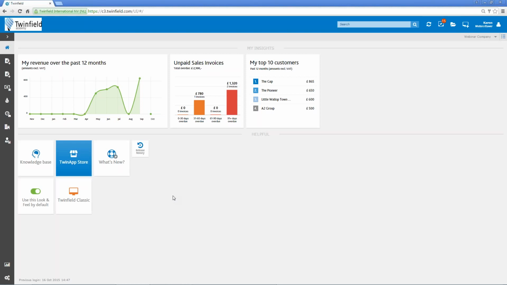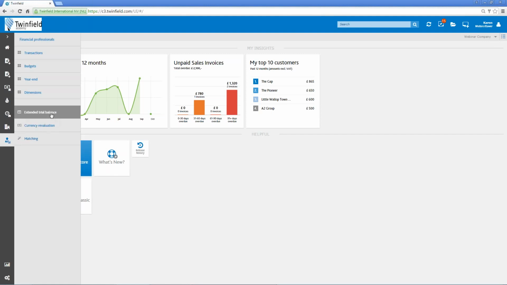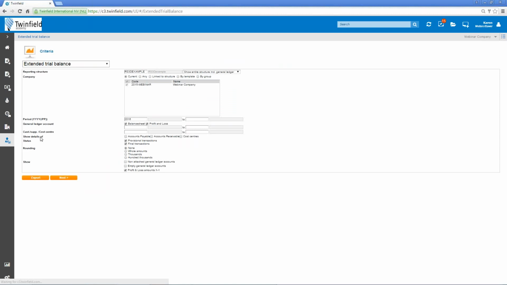Another report that you can run to gather information about your bank statement and to see what position you are at the moment is by amending your trial balance report. If I go back under Financial Professionals, we have the extended trial balance. Within the extended trial balance, I've just created another report. So if I take out the reporting structure, I've just highlighted it and I'm going to delete it. Okay, so I've created another report, which is my bank reconciliation report. So here, if I click into it and I run this report,